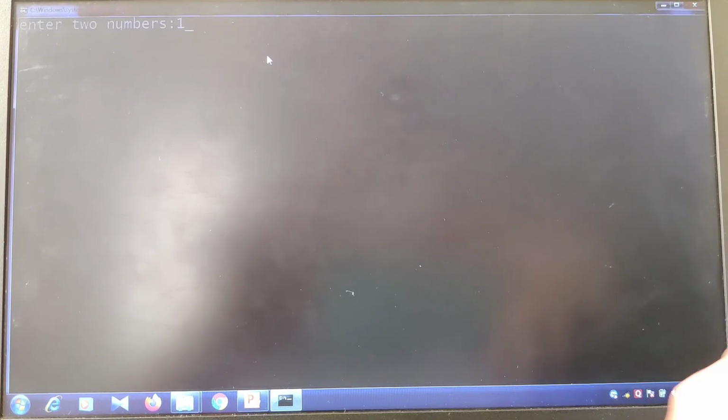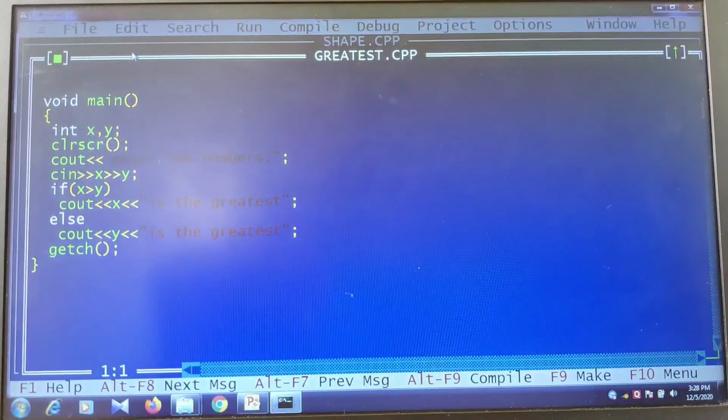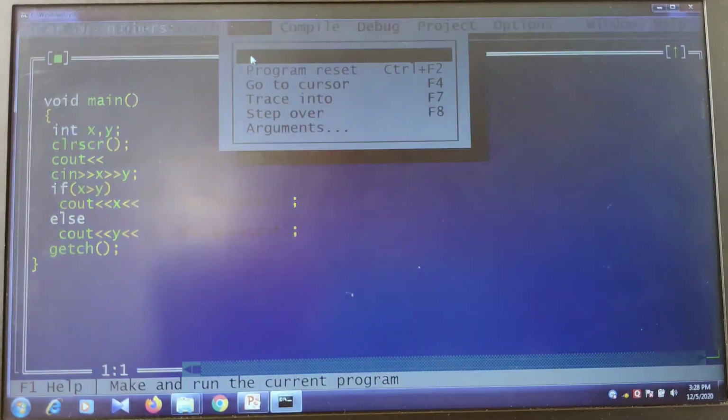When you run the code, let me give the value as 1000 and let me give the second value as 5,000. Understood? When I give these two values, press enter. See here, it is giving me 5000 is the greatest. That means either this statement should execute or this statement should be executed. That's how we can use the if else statement. One more, if you want, I'll just execute here. I can give any random values, you give it and just check which is the greatest. Can you see? 784 would be the greatest one.